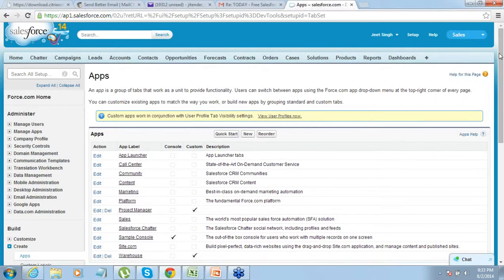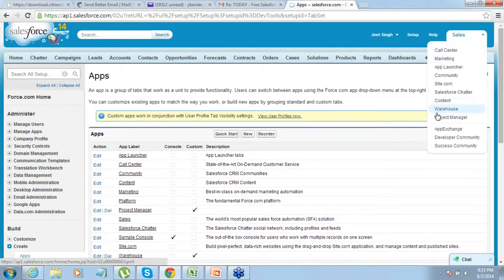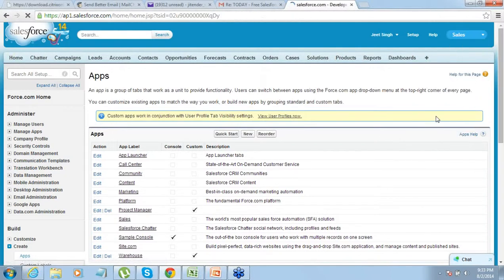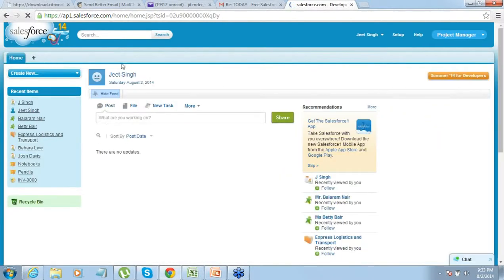Alright. Now once I go to this Project Manager app, this is a blank app because I have not yet put anything inside that. So see, it's blank. There is nothing inside this app, right? Now I need to put the tables where I can enter the data into this Project Manager app, right? So I would need tables like the projects table where you can track the projects. I will need a table to track the clients where I can track all my clients, and I will also need a table where I can track all the consultants that I have, right?